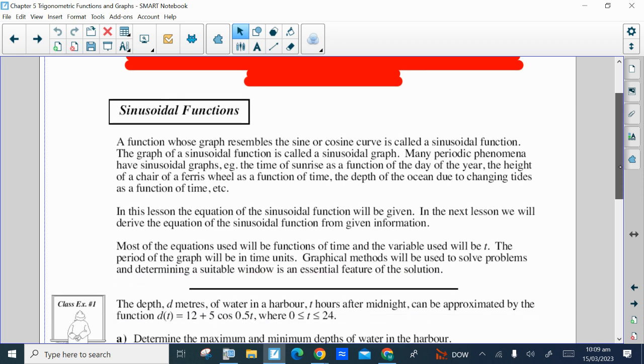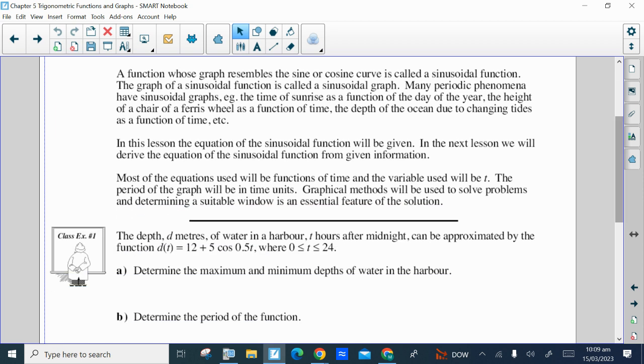So, once again, a sinusoidal function is a function whose graph resembles the sine or cosine curve, and it's called a sinusoidal function. The graph of a sinusoidal function is called a sinusoidal graph. Many periodic phenomena have sinusoidal graphs. So we saw yesterday that the height of the tides